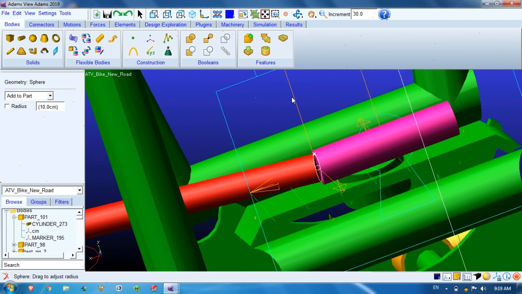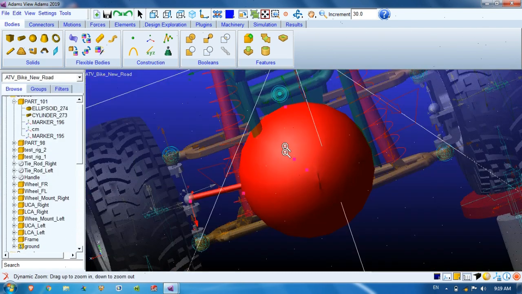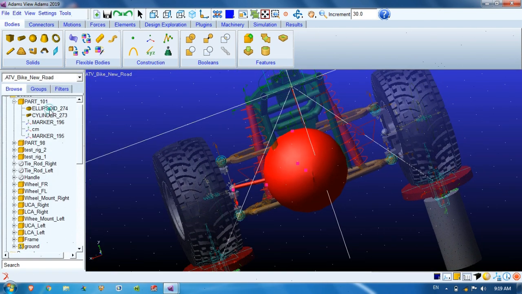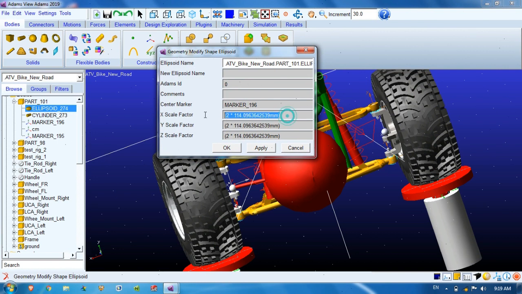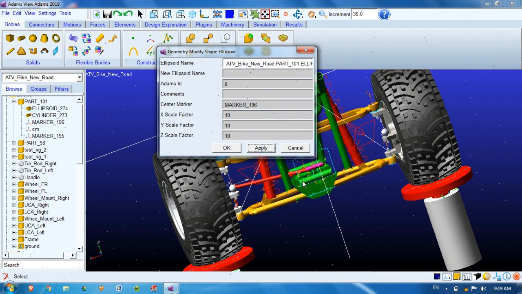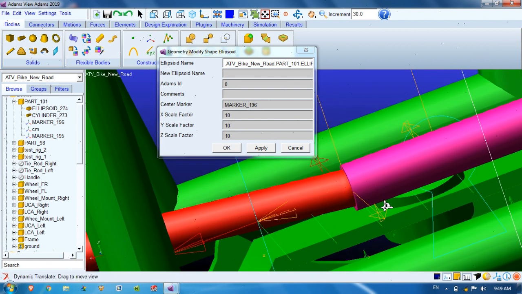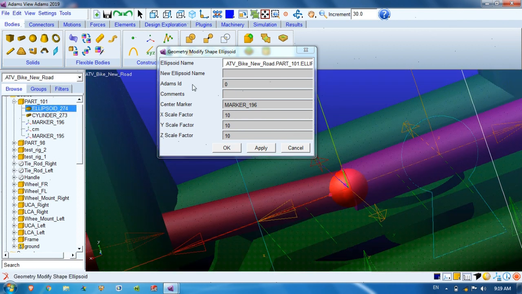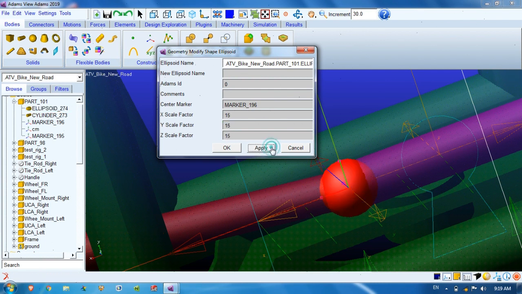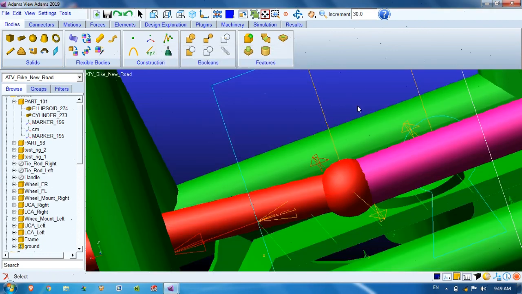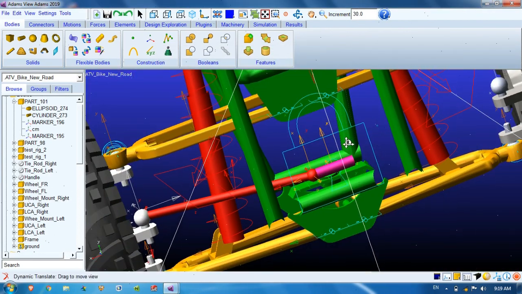The radius is quite high, so we'll edit here, keep it as 10, 10, 10, so its size will get reduced. We can see, or let's say 15, 15, 15. Okay, so now it looks like a tie rod.